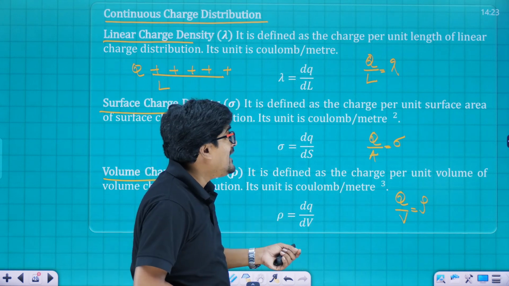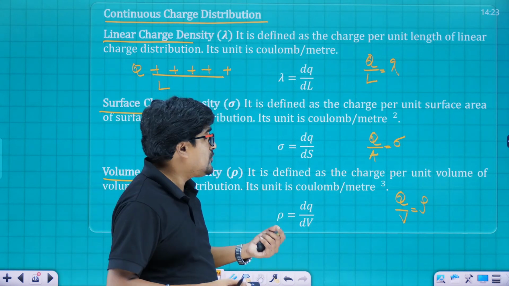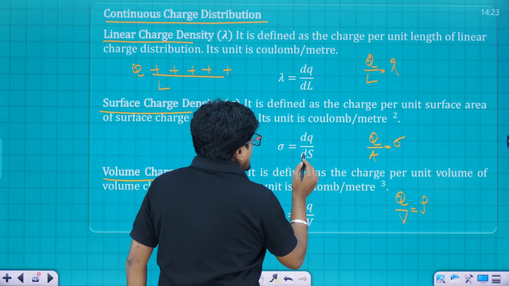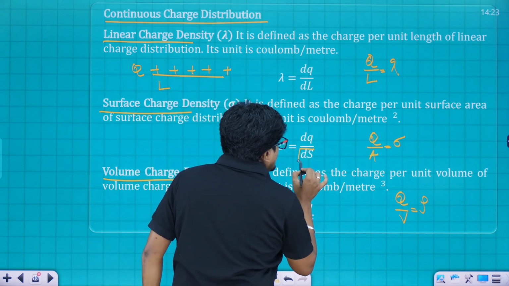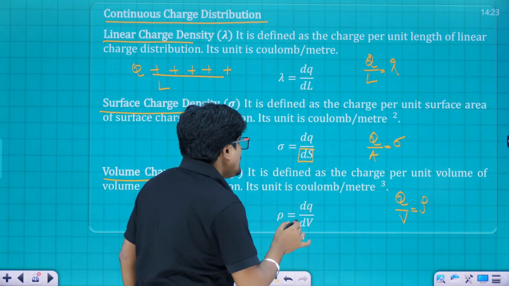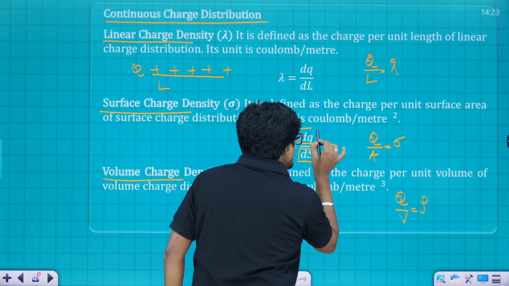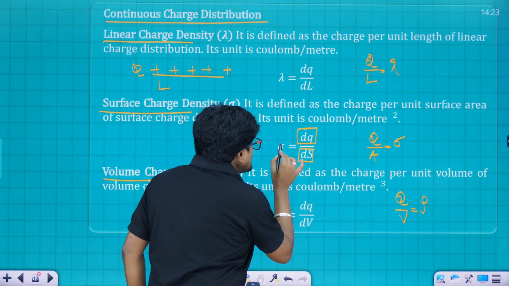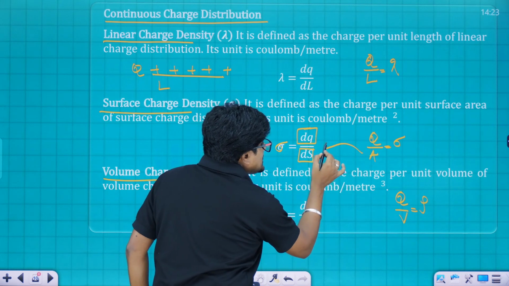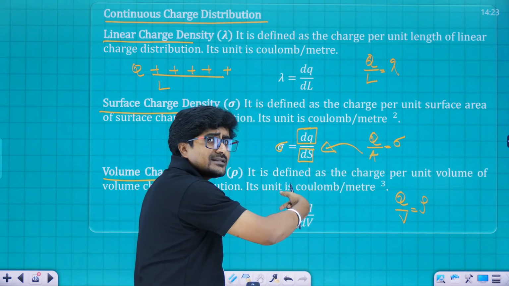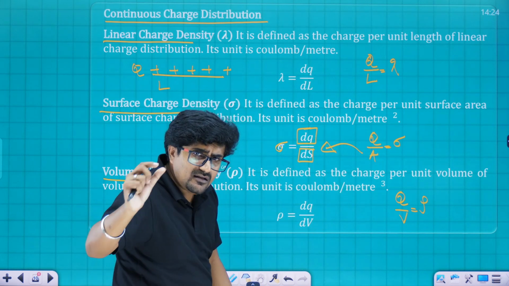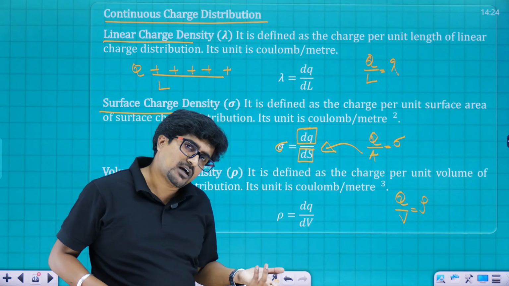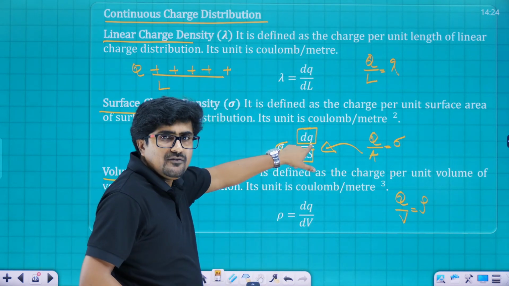All right, now if the charge distribution is not uniform, I repeat, if the charge distribution is not uniform, in that case we will consider a small area, that is ds. All right, and we can consider the charge associated to that small area, that is dq. Then for that small area, again the same format is considered over here, but this time the area is limited, that's why we are going for ds. So obviously once area is small, charge is definitely going to be small, so that's why we are having dq